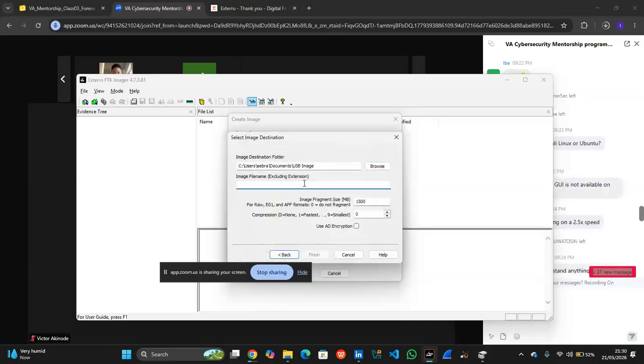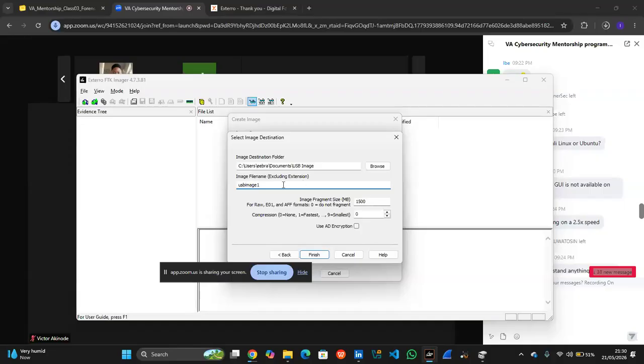So this is where I'm going to choose the name of our imaging file. Let's just say USB image one. Let me quickly explain something right here.